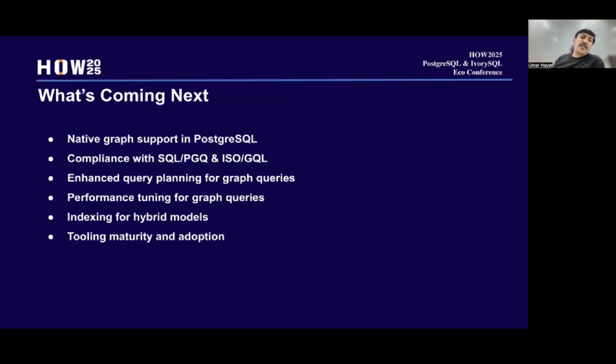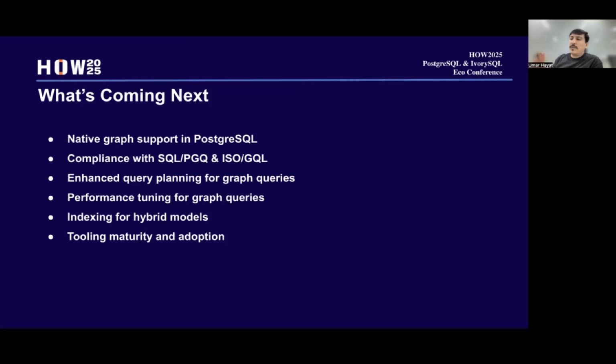Similarly, on compliance, because AgensGraph is more aligned with graph databases and is already supporting OpenCypher, the next step is to support GQL compliance, and that development is already in progress. Of course, a lot more things need to be done.